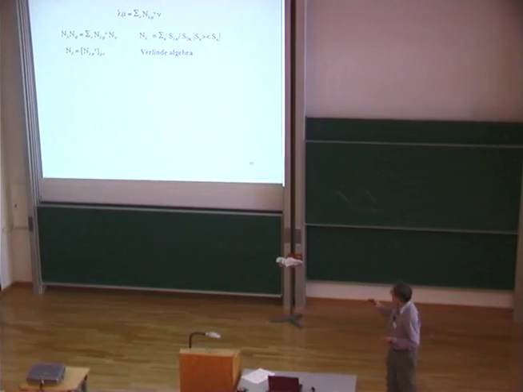Any such family is always diagonalizable, so I can write it in some kind of expression like this with some eigenspaces and some eigenvectors. And the mystery or the deepness of the Verlinde formula here is that the eigenvalues and the eigenvectors are completely described in terms of this modular matrix S. Right, so that's the Verlinde algebra described by these eigenvalues. Now,